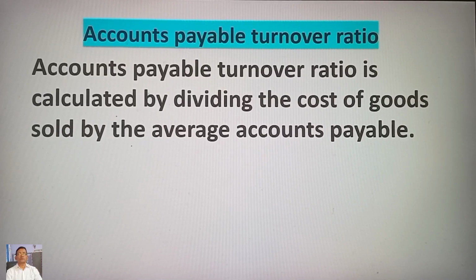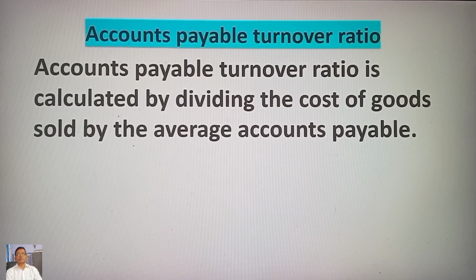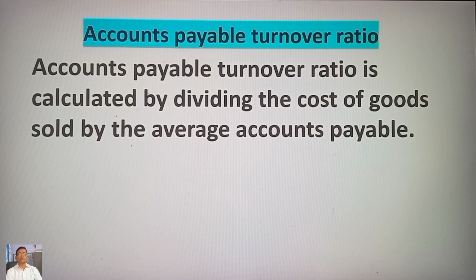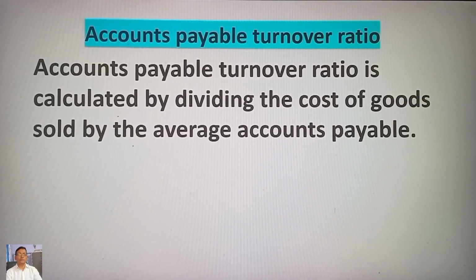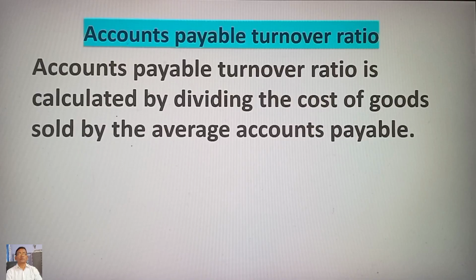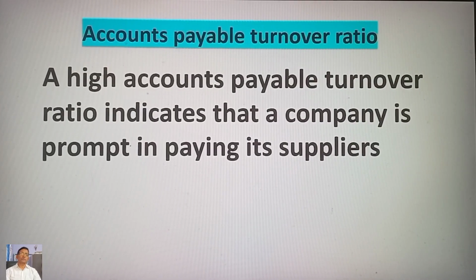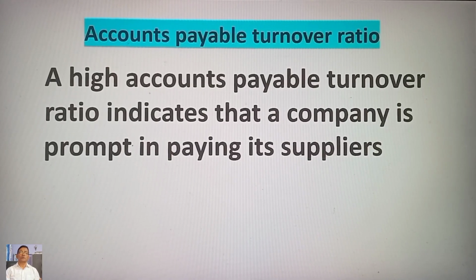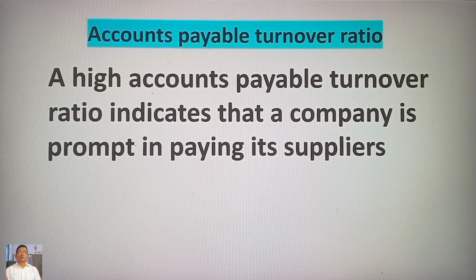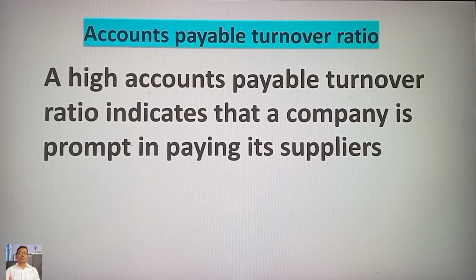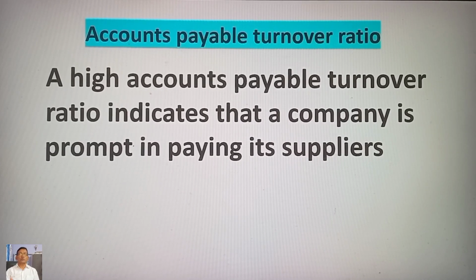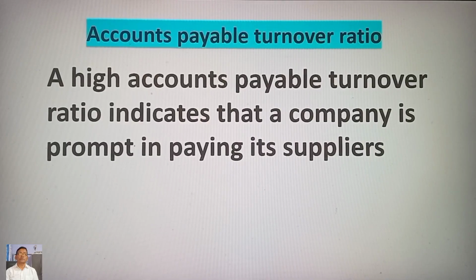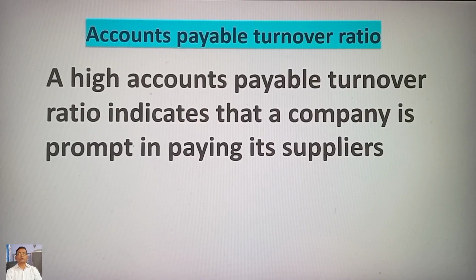Accounts payable turnover ratio is calculated by dividing the cost of goods sold by the average accounts payable. It provides a picture of how quickly a company can pay off its debts. A high accounts payable turnover ratio indicates that a company is prompt in paying its suppliers, which can help maintain good relationships. When accounts payable turnover ratio is calculated quarterly, the number of days used is 90, while a full